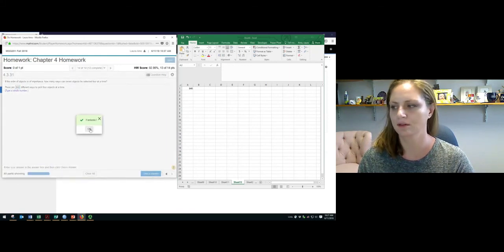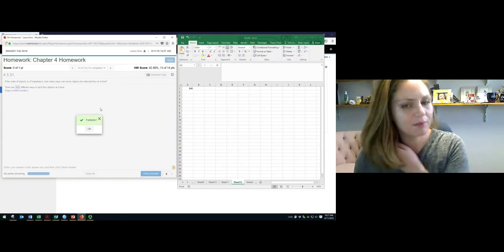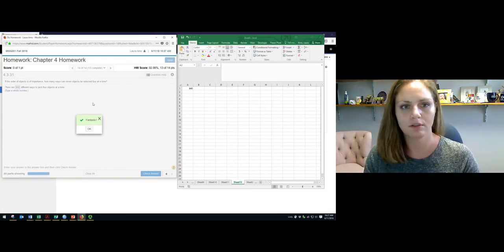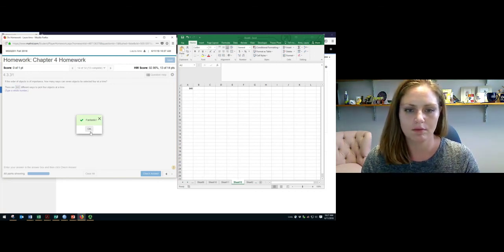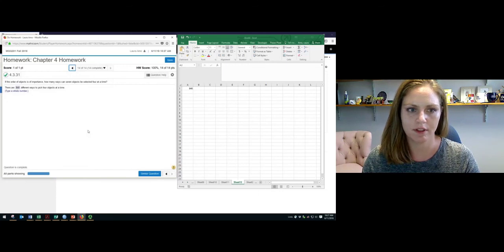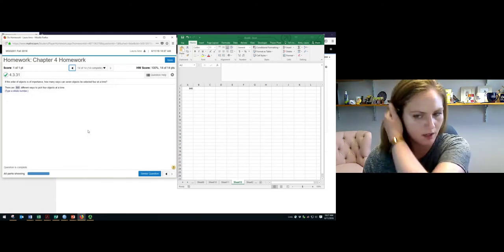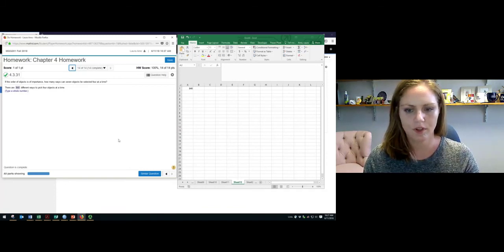Fantastic. I like to end on that note. Great job on homework 4, making sure that you are keeping your Excel workbooks nice and tidy and labeled correctly, however you want to label them, to help you reference them during the quizzes and exams. That is the right way. So, good